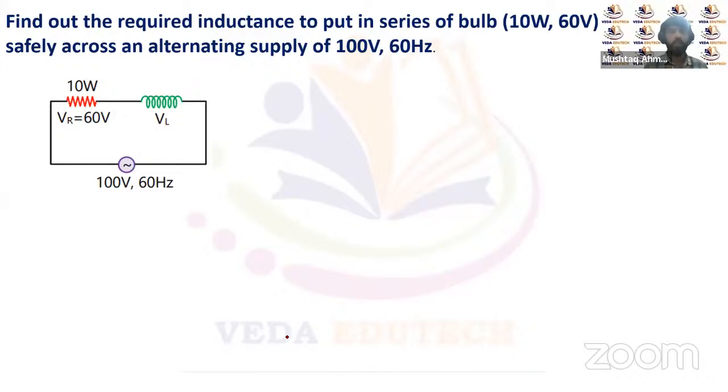The question is to find out the required inductance to put in series with a bulb of 10 watt 60 volt to run it safely across an alternating supply of 100 volt. The frequency of the input AC is given as 60 hertz. Now you can see here, we have to find the required inductance, the value of this L. We know that if there is some current flowing through the circuit,